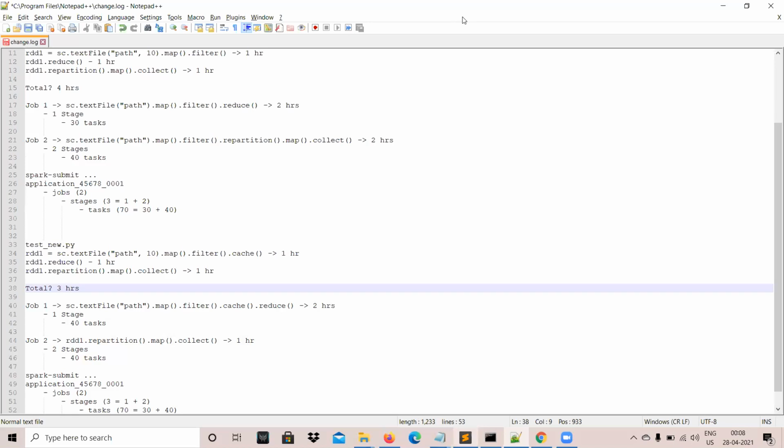The problem is that you have written the code considering the cluster capacity, and based on that you specify the number of partitions and so on. So if you run multiple jobs in parallel, the execution may be slower, because your code is written in such a way that it utilizes the entire cluster bandwidth.